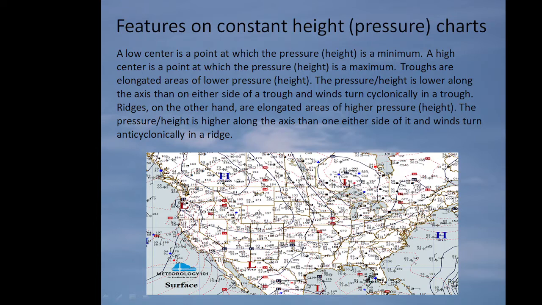You can take the occluded front out of the low and then stretch it right into the warm front, so it would look more like a T. And then your cold front would come out from that triple point, depending on how far your occlusion is, and then bring that cold front back into the trough. So that's just another